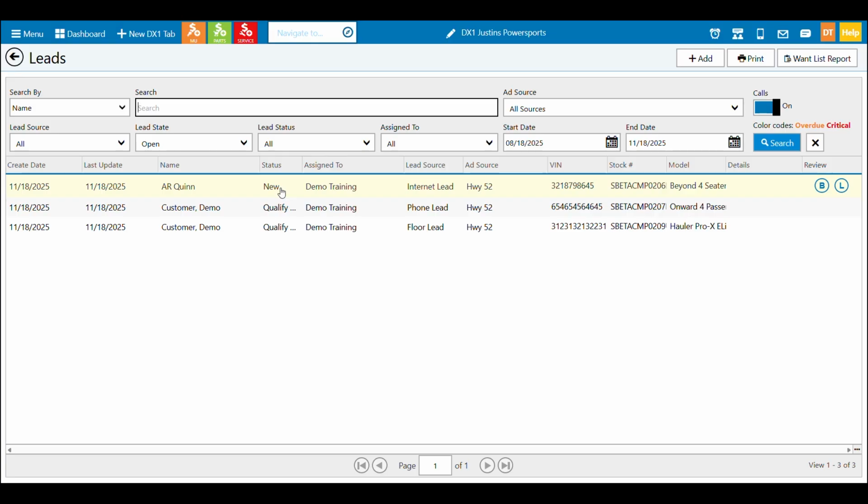Now, one of the benefits of using DX1 as an end-to-end product is we're able to funnel leads in, if set up properly, to come into DX1. So again, if you're using that functionality, those will automatically show here as they come through your web and internet leads and other sources. To add a new lead on this page, we'll go ahead and click the plus add